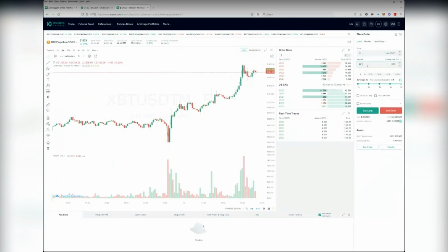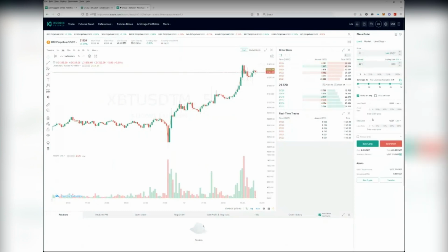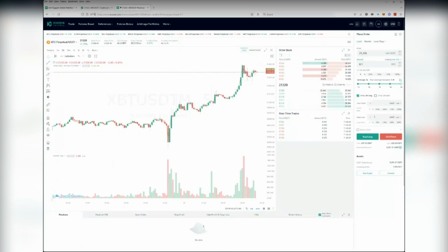I want to buy at a price. My stop loss is going to be, say, 21,193. So I'm going to go stop loss. Oh, I have to put a price. 21,194. That's my stop loss. Let's say my take profit is going to be like 21,433. I'm doing this just so I can show you how to edit it later, how to move the